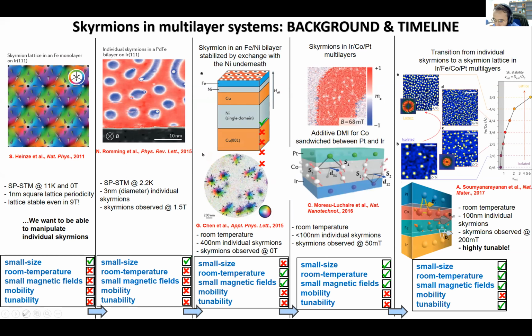interfaces. So two different interfaces were used to have an additive DMI, which would allow the tunability of this kind of system. So you could build systems with different skyrmion sizes and skyrmion densities, and stabilize them at different fields, so that whole amount of tunability came into the picture, and they were still stable at room temperature, small in size, and so on. However, even then, the big concern remained about mobility, and even till today, mobility remains a concern in the case of skyrmions, to bring them to real world devices which are practically scalable.